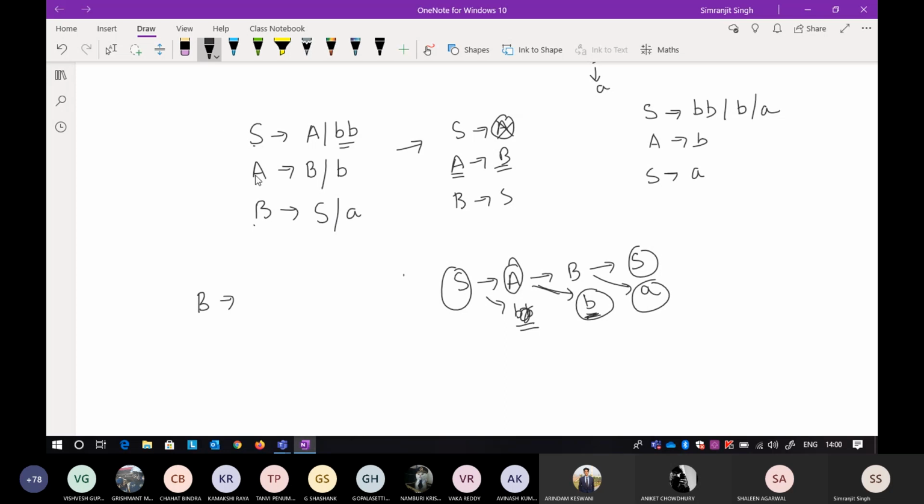Now this is your original production. Now B, what is B doing? B is forming aS as well as a. Now what exactly is S doing? S is deriving a as well as bB. Now what exactly is this A deriving? A is deriving aB as well as your b. Okay, so now again if there is a B, just stop. Whenever there is a B, just stop there, and whatever the terminals are. Okay, so the terminals include b, which is already in there, so there is no need to include that. So another terminal will be bB and then a.